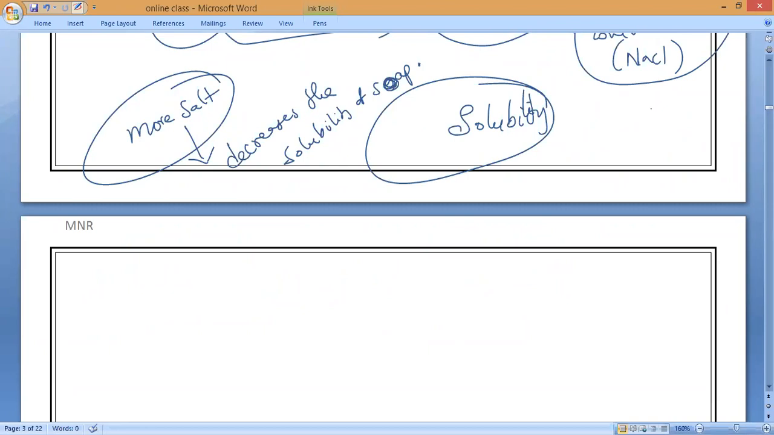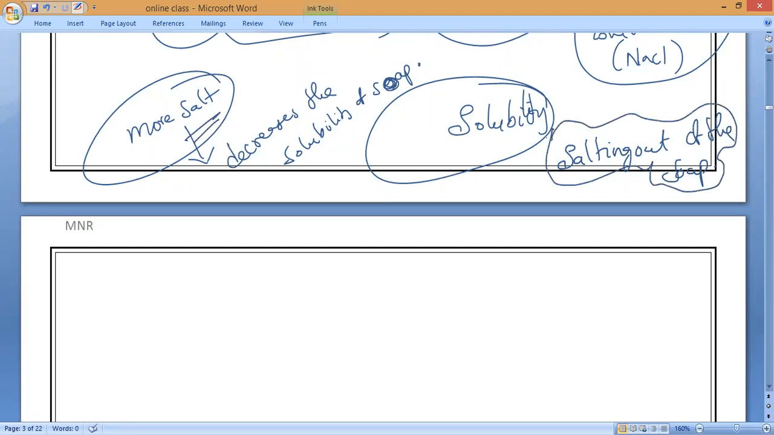So adding this salt and making the soap solid is what we call salting out of soap. Salting out of the soap means making it less soluble by increasing the salt. That process is called salting out of the soap. That is why some company soaps go very fast, while others take more time to wear out. Understand, everyone? So this is soap. Now this soap molecule, whatever the soap molecule we take,